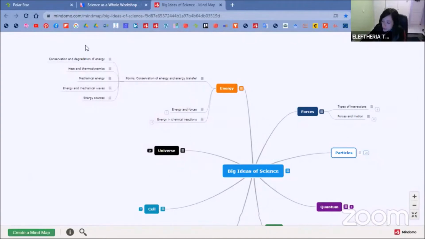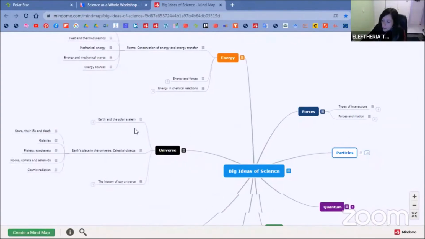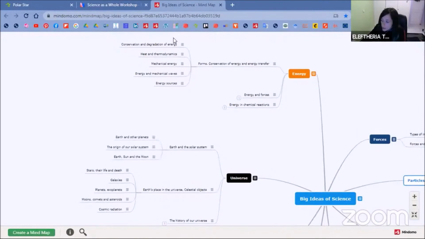So essentially, the total of the basic ideas that we have, which are 86 in total, is essentially a super curriculum. It's a curriculum that basically covers all the curricula of different countries. So you can use this